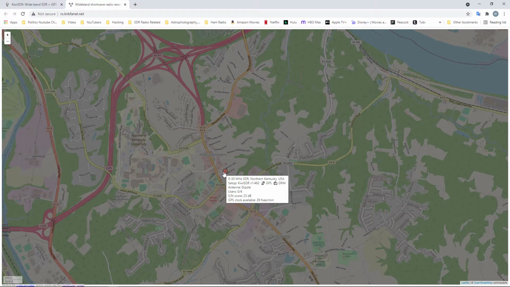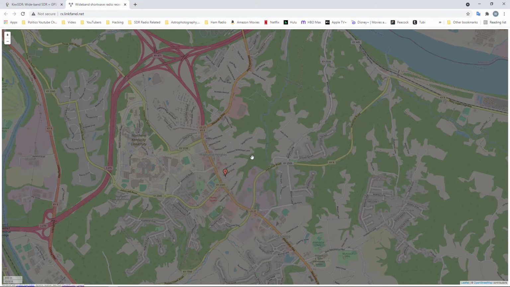I don't know if it's because hams will use SDRs to check out how the bands are performing. So sometimes you'll get in there and you'll be locked out because there's too many people in there. I think the biggest receiver I've seen is 8 people. You can have up to 8 people in there. So I really wouldn't worry about it.